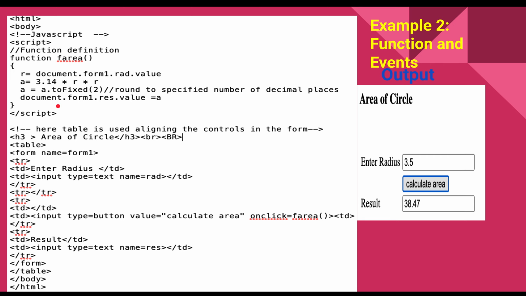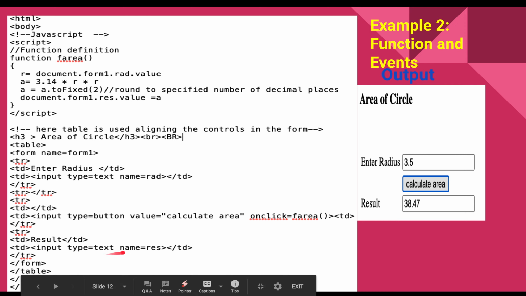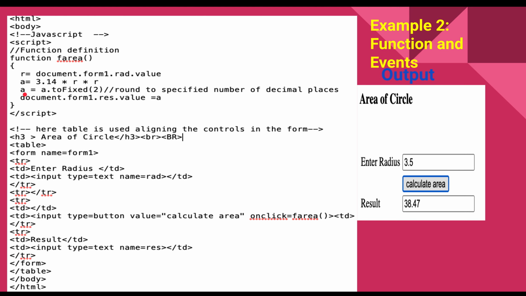Okay, and the calculated value is displayed in the second text box using again document.form1, the second text box name is res here, so I use here res.value equal to the calculated value which is in A.